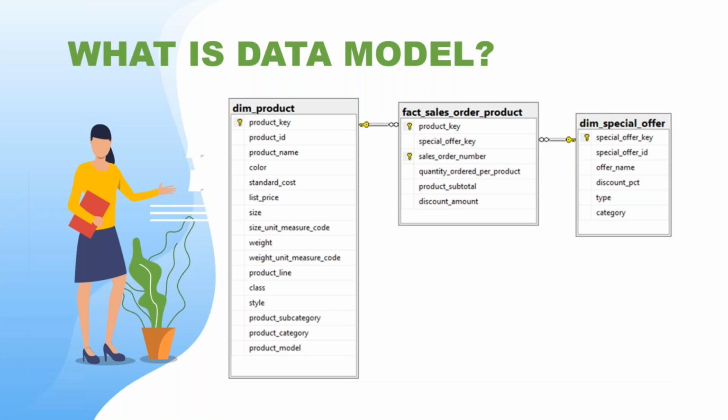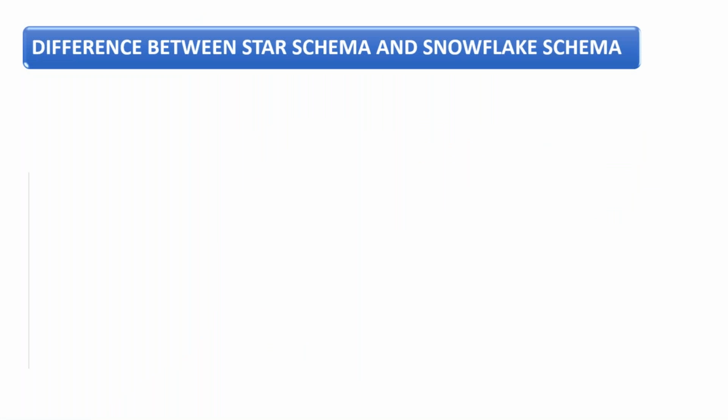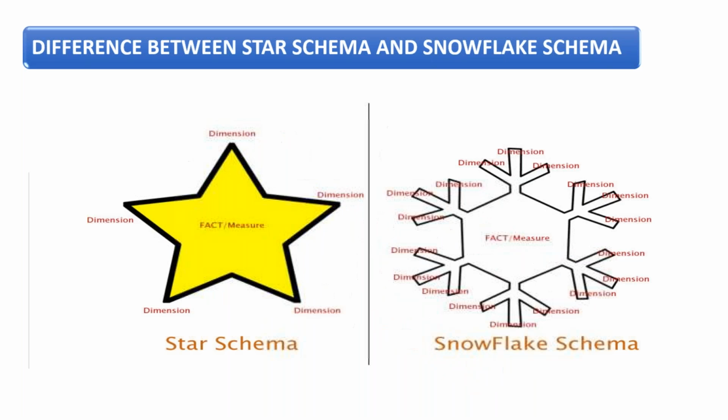Normally we work with a one-to-many relationship, so we'll understand this when you go through it. Then there are all the other schemas also. Normally, whenever we find data, or most of the times, we get a snowflake schema. We don't get a star schema, but we have to convert the snowflake schema to a star schema to make the data relevant and better for analysis. So a snowflake schema is where there is a dimension table, but there is a sub-dimension table for the